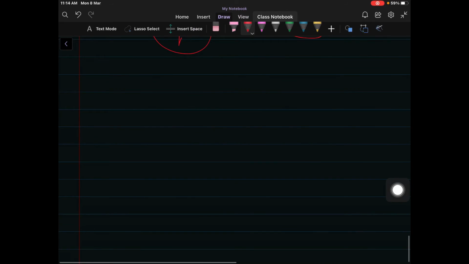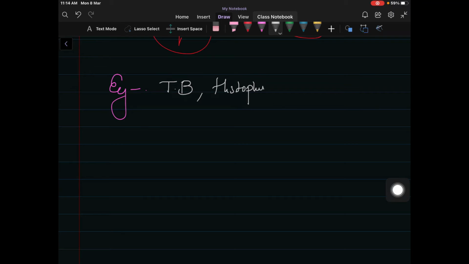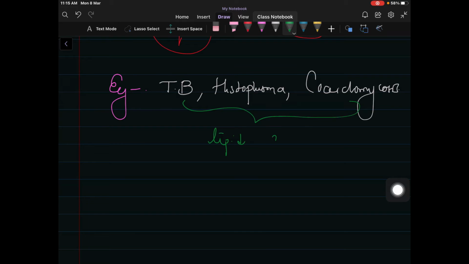Examples for caseous necrosis are, first, tuberculosis; second, Histoplasma, which causes histoplasmosis; and third, coccidioidomycosis. As we know, these are extremely rich in lipid in their cell wall, which gives the cheese-like appearance